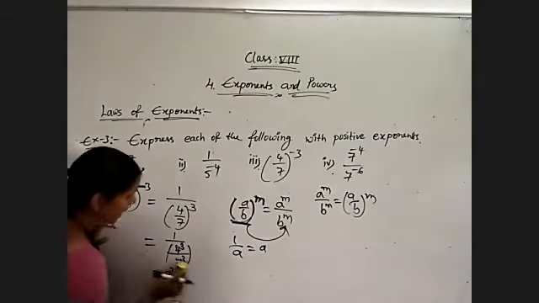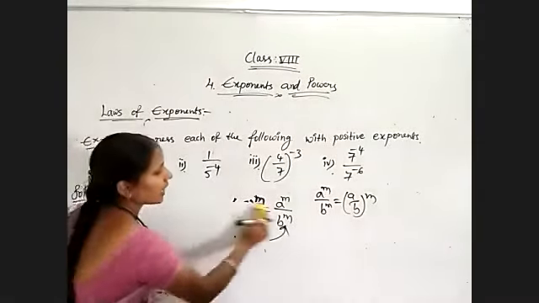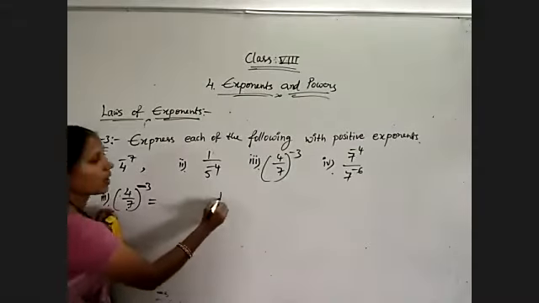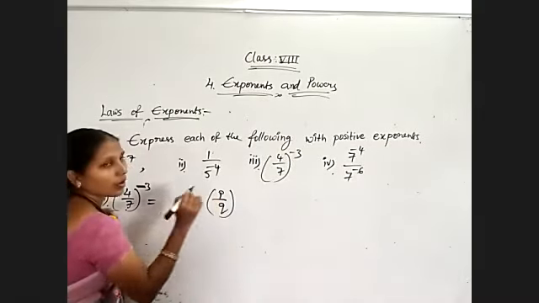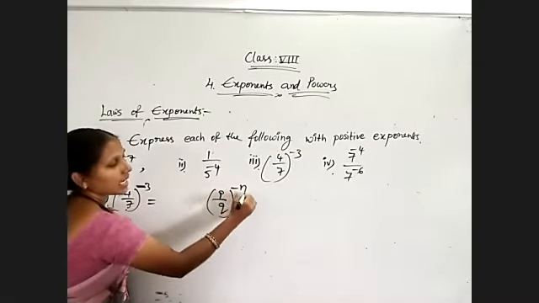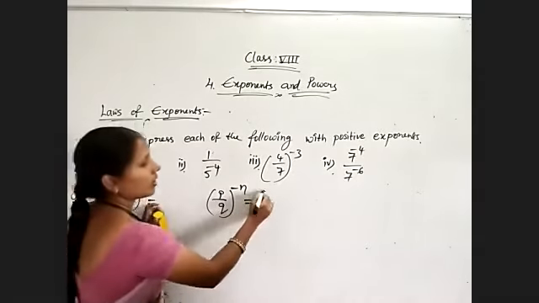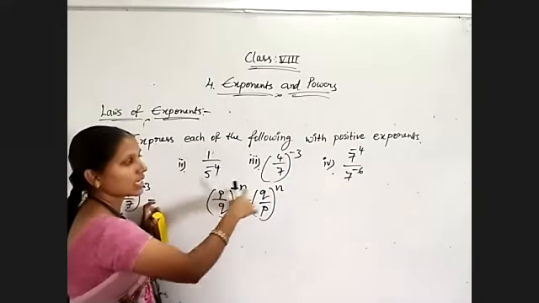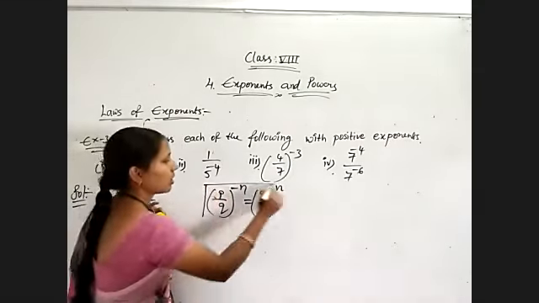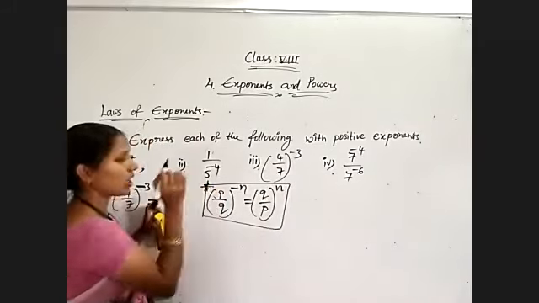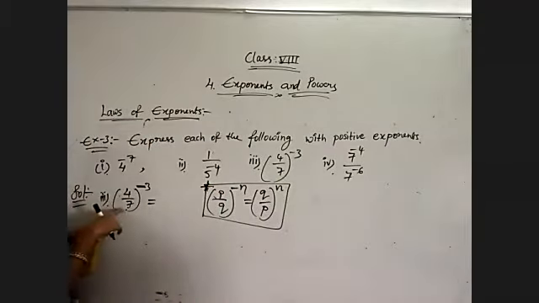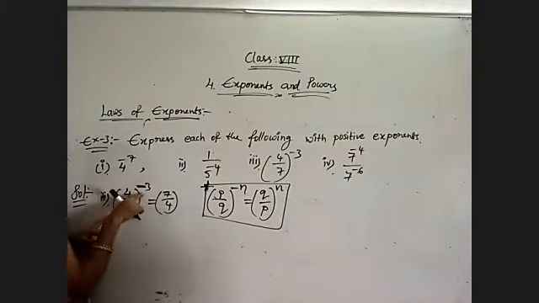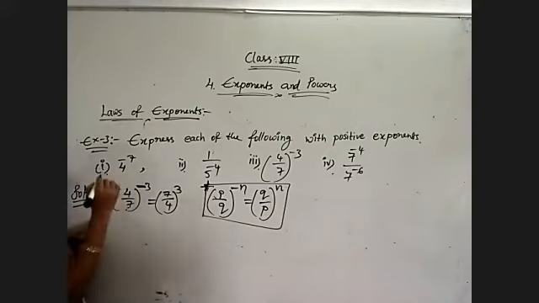So instead of all this, we have a simple formula. When a number is in p by q form, (p/q) whole to the power of minus n will be equal to (q/p) whole to the power of plus n. If plus n is there, it will become minus n. That's all. This is also one more formula. So now p by q is 4 by 7. What is the q by p value? (7/4) whole to the power of minus 3 is there, so it will become plus 3.